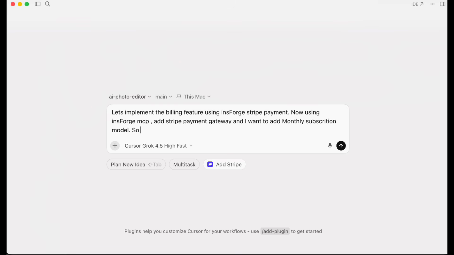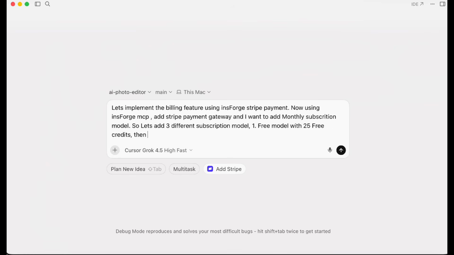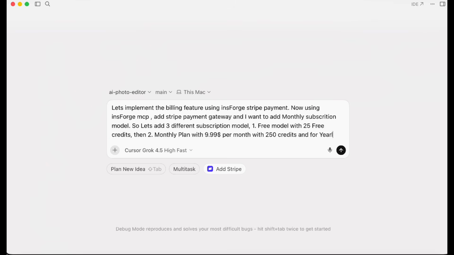So let's add 3 different subscription models, and here we're going to say first a free model with 25 free credits, then second a monthly plan with $9.99 per month, where you can get, let's say, 250 credits, and for yearly, or you can make this yearly as well, it's totally up to you, or we can say